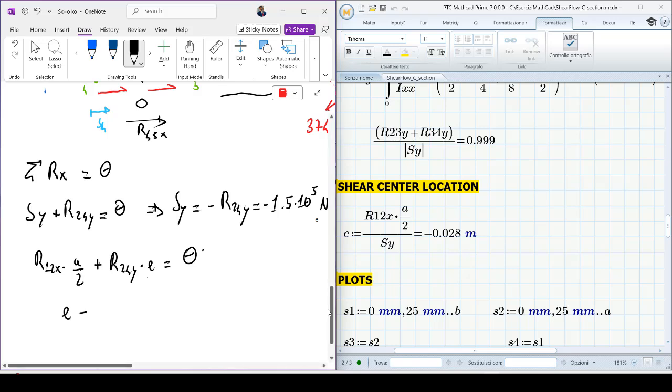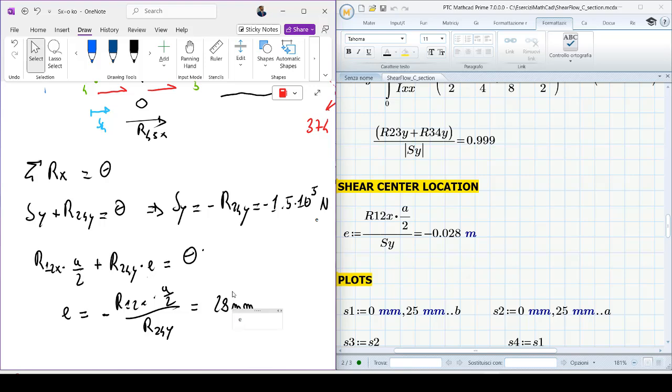So we can obtain E, that is equal to R12x times A over 2 divided by minus R24y. And so I obtain here R12x times A over 2 divided by Sy. In this case, instead of R24y, I reported the value Sy that is negative. In this case, we have the same quantity here, that is 0.028 meter, that is about 28 millimeter. Okay, so minus 28